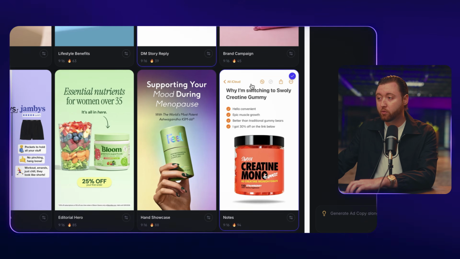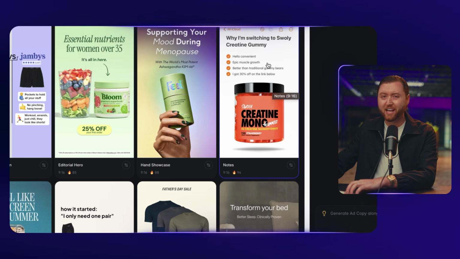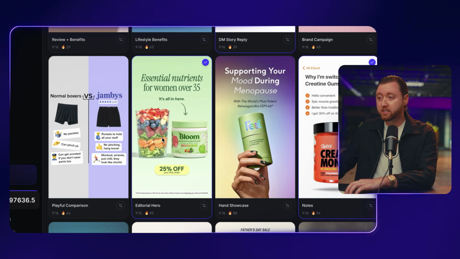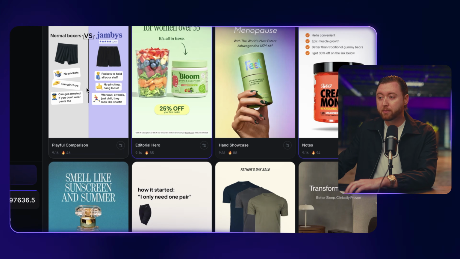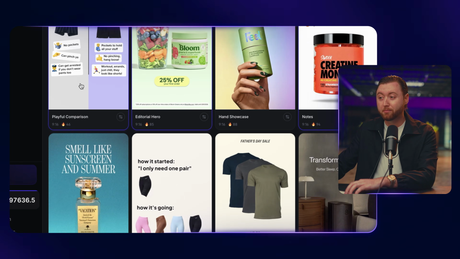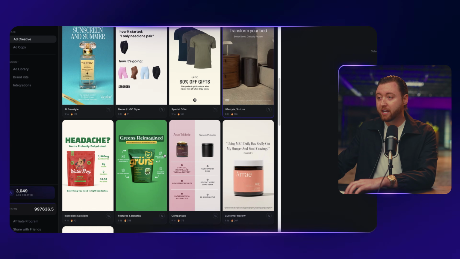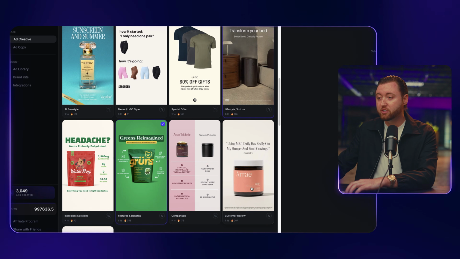Another UGC format that works really well is the notes-based format. Every single time somebody tests this notes-based format, we always see it get 3, 4, 5x ROAS. And then we have a breakdown of what's in the product and how it works. We have a product comparison, which is great for comparing your product against another competitor's. And then we have a lifestyle image, and we have a features and benefits based image, as well as a